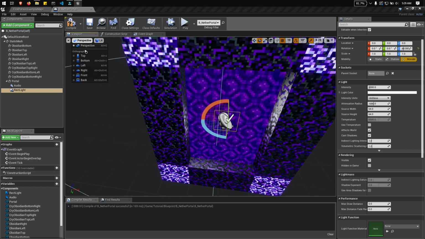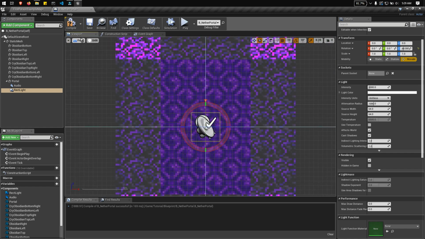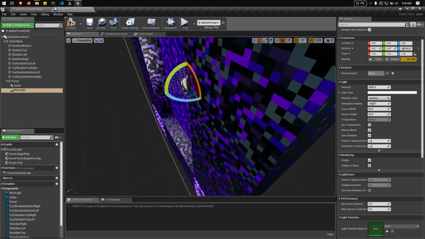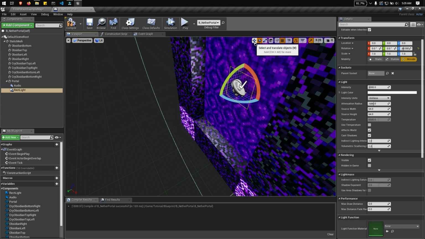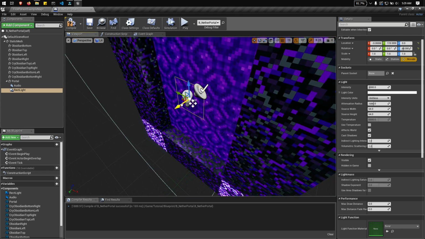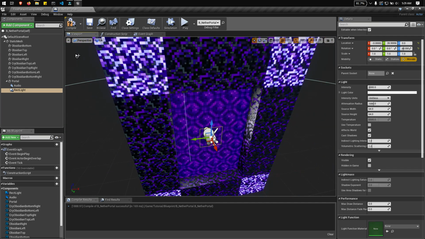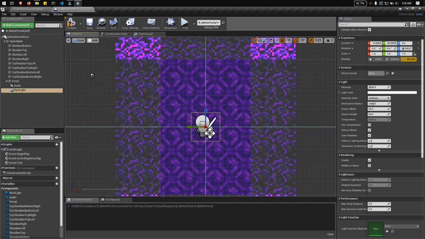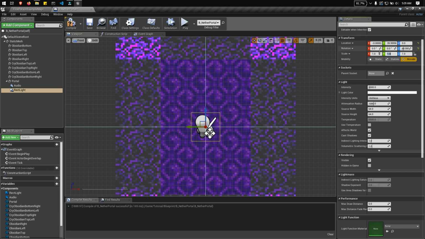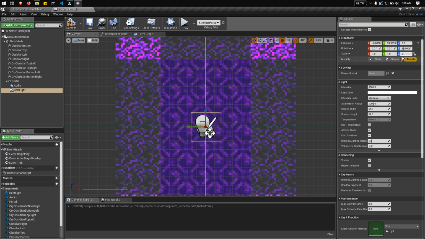To make sure it's in the front, okay, this is the front. Let's move the rectangle light a little bit forward like that, and switch to front view. Let's adjust the scale, same as the portal. So Z axis is 3, Y is 2.